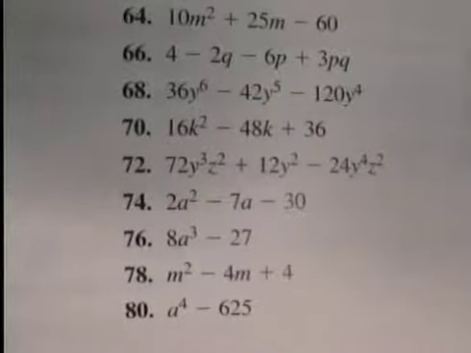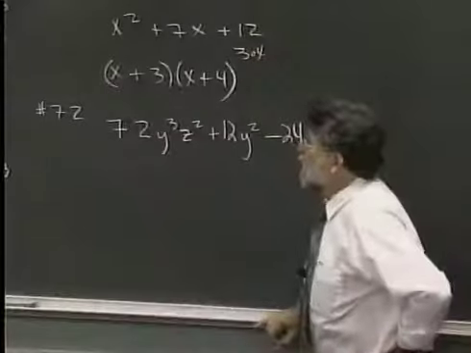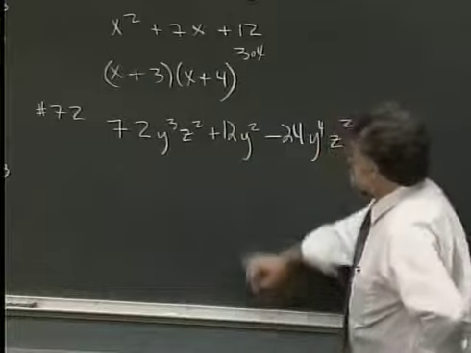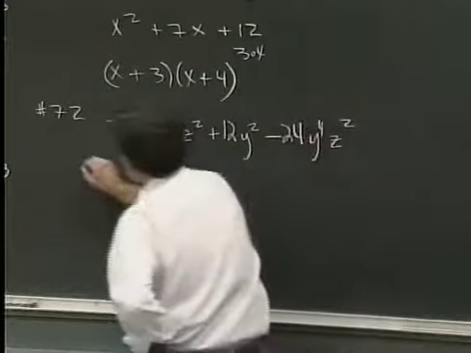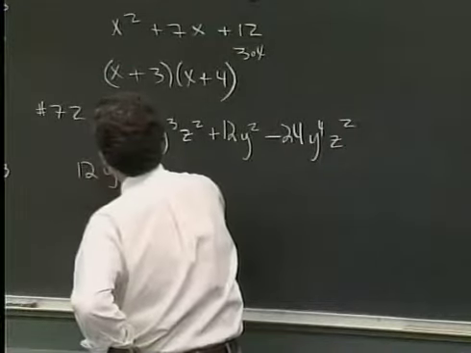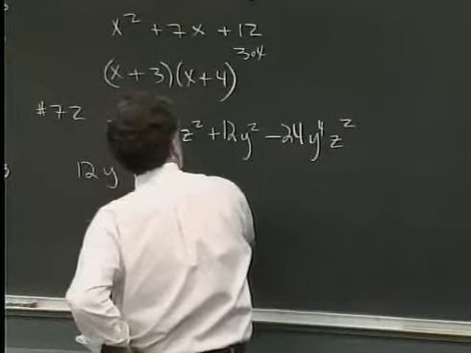So let me write 72 up here now. Let me leave it on the screen just for a moment longer. 72 y to the third, z to the second, plus 12 y to the second, minus 24 y to the fourth, z to the second. Now, as we come off there, I hope you're seeing the common y in every term. And the 12 is a common factor, so I'm taking out 12y squared, and I have a